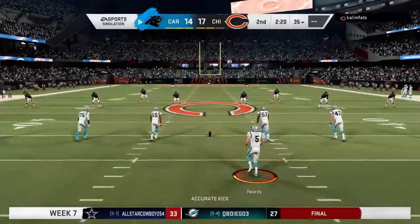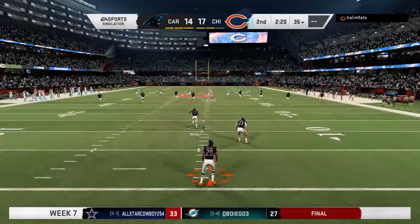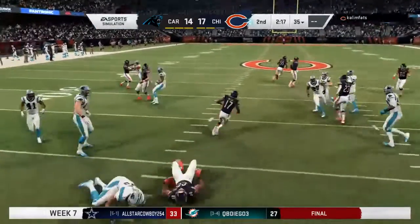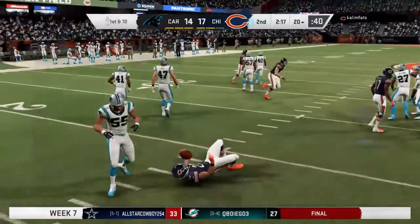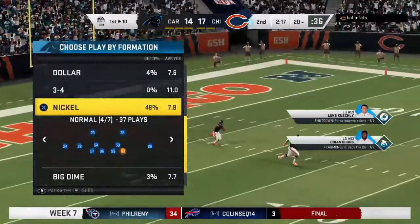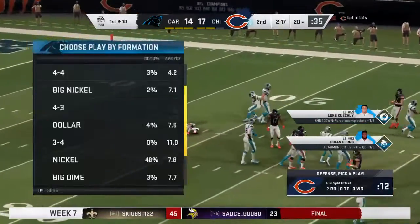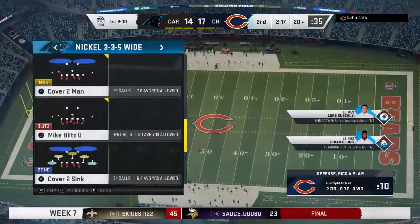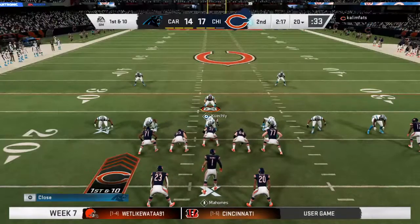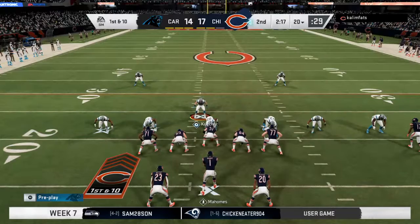So just a 3-point game now as they send this one away. This will be taken in at the 1. And he will be marked down right there at the 20-yard line. The Bears offense ready to go for their next drive. And on the last go-around, they really couldn't get anything going. They had to punt from deep